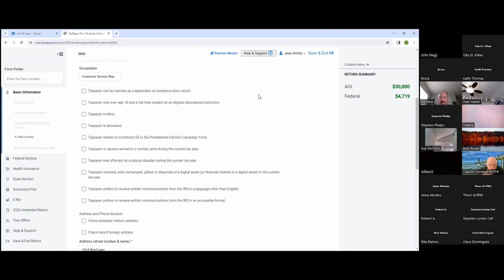Over here, usually these boxes right here, the ones that you're going to spend time with, you have a taxpayer who can be claimed as a dependent, or they're over 18 and going to school, or maybe they're blind according to the tax definition, or you might have a taxpayer that's deceased and mom and dad are coming in, typically for an adult child, and then filing a return for that final refund that's coming out to, in this case, the parents. Sometimes the taxpayer wants to contribute monies to the presidential election campaign fund. Really, this is an order to the federal government. It doesn't affect their refund or amount that they owe. We don't do military at the St.